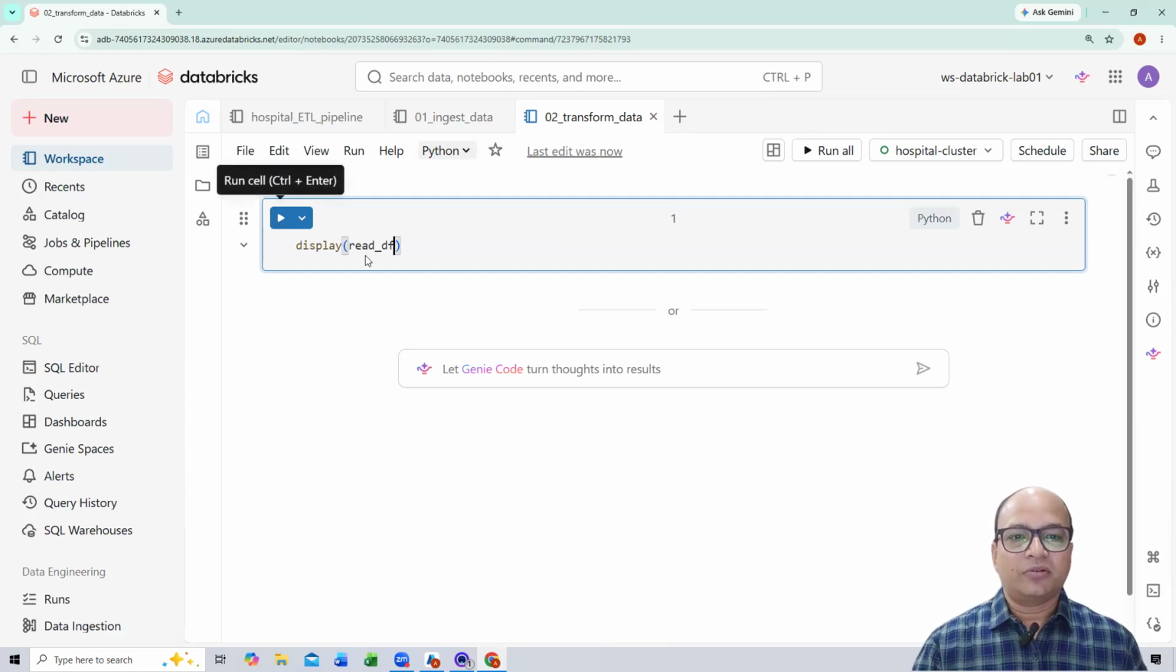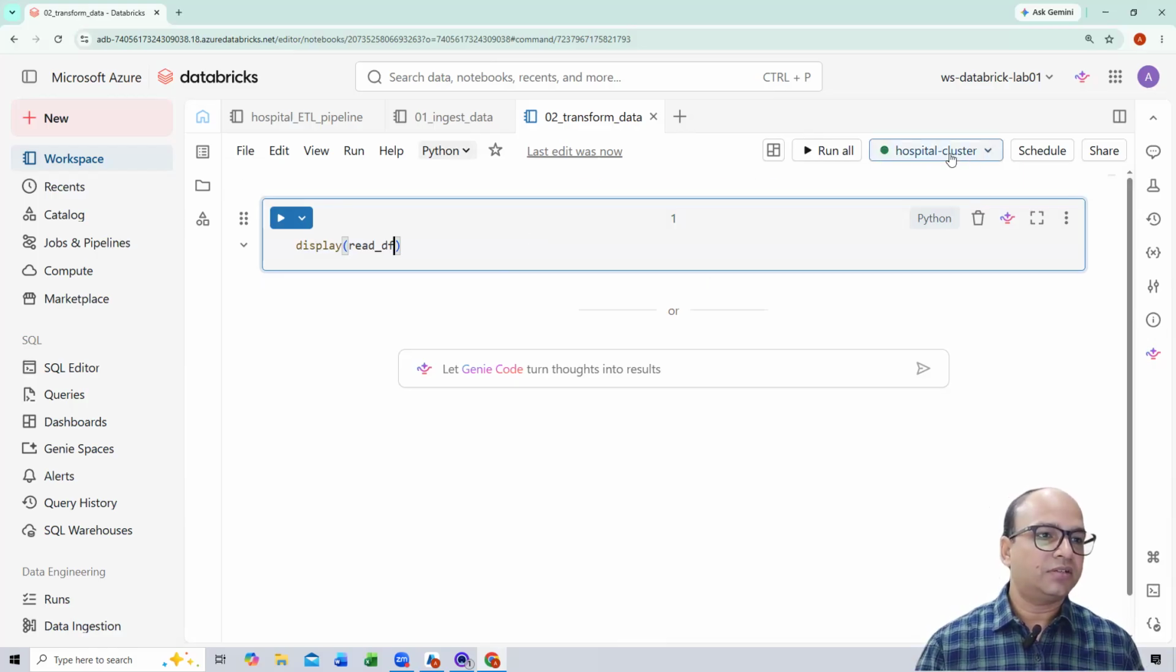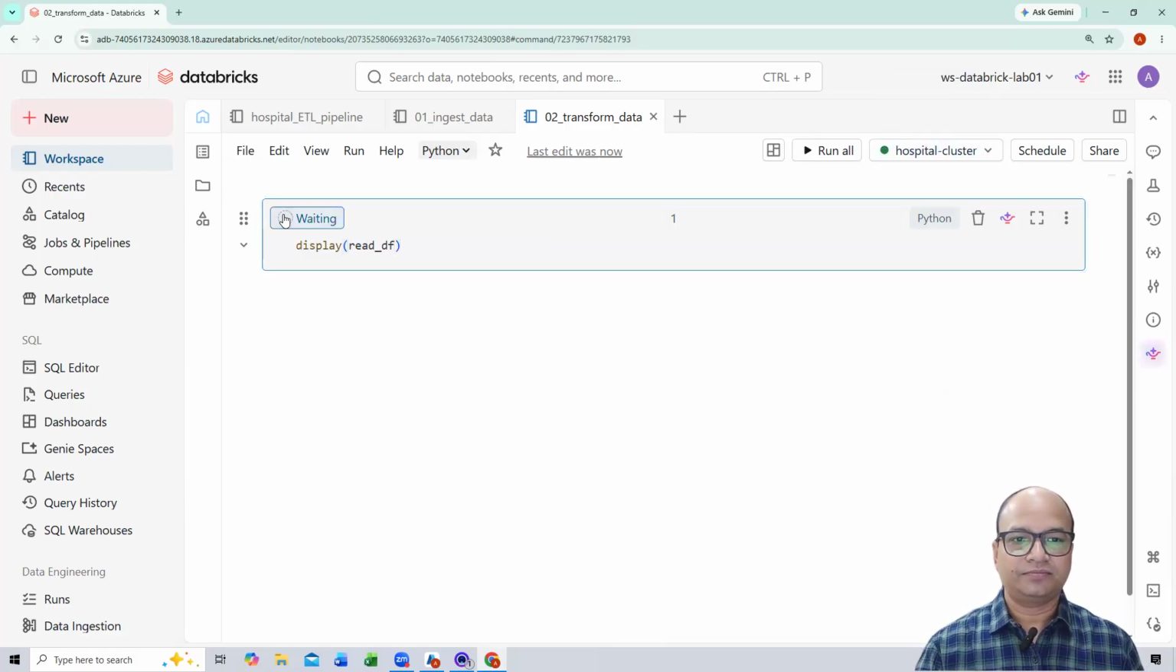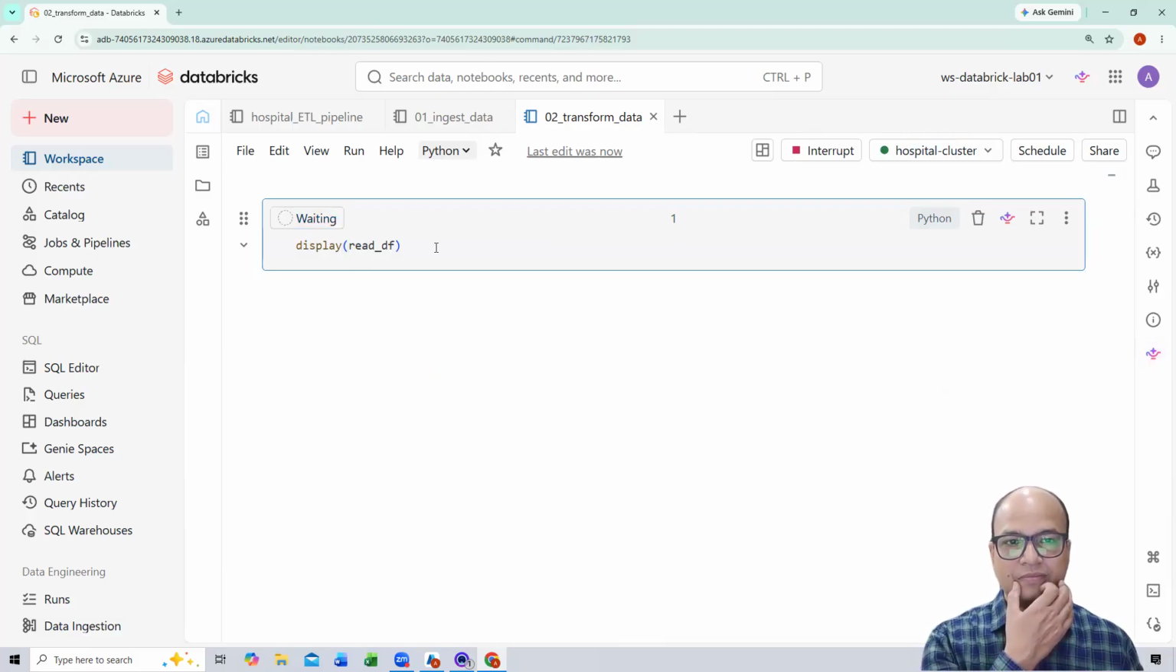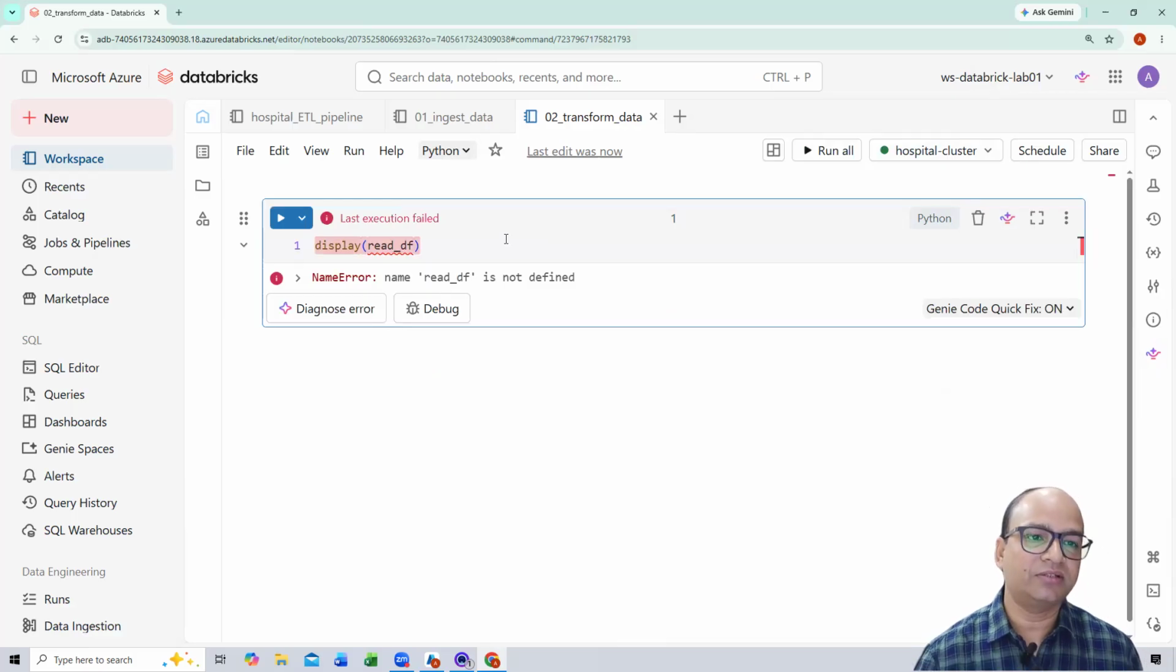Because this is a separate notebook, right? So probably it will. Is it attached? Yeah, that is attached. I'm just calling that, just trying to see, okay, it is not defined because it's in a different notebook, right? So probably we need to